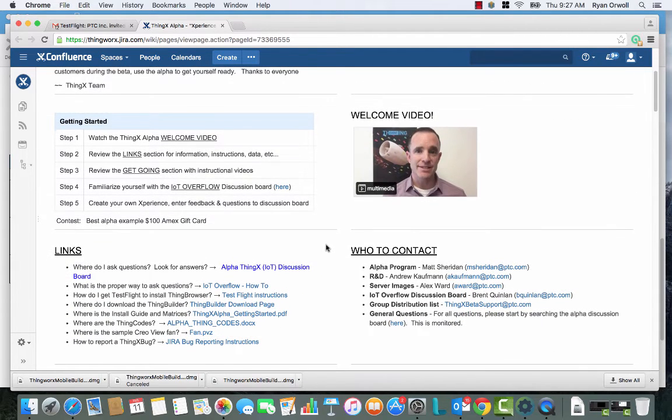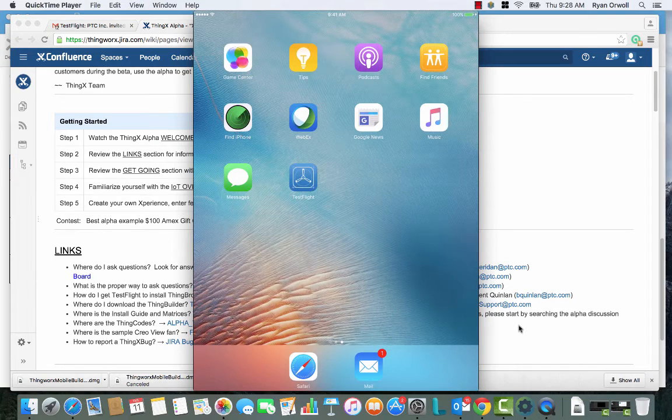For the ThingBrowser, we're going to start with the install guide, which can be found in the middle in this section. There's a link to the PDF here. What this document will have you do is first, if I switch over to my device, we're going to go into the App Store